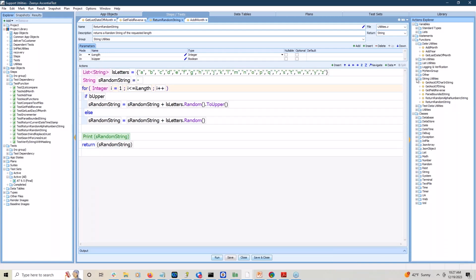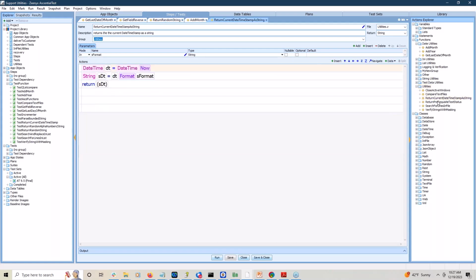Actually, which one is it? It's this one. Very simple little function, but I think I use this more than anything else in my toolbox